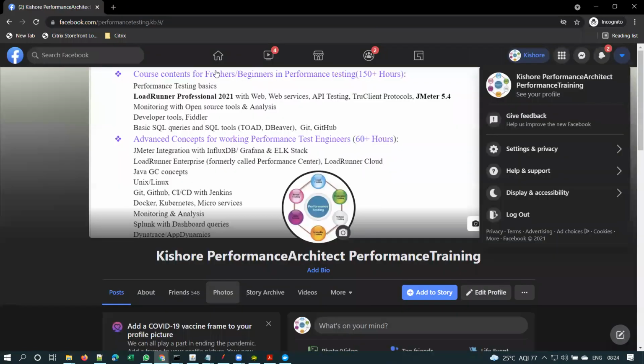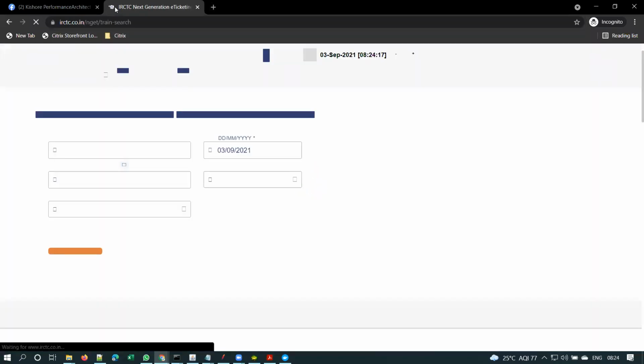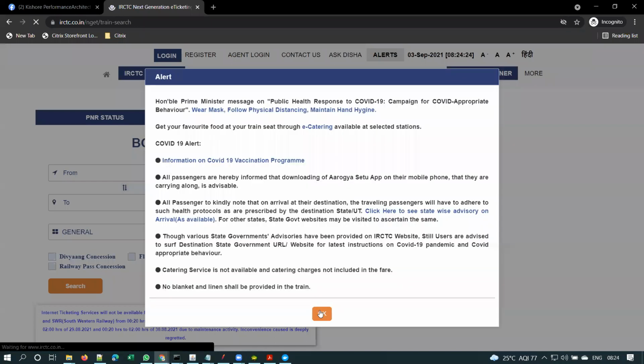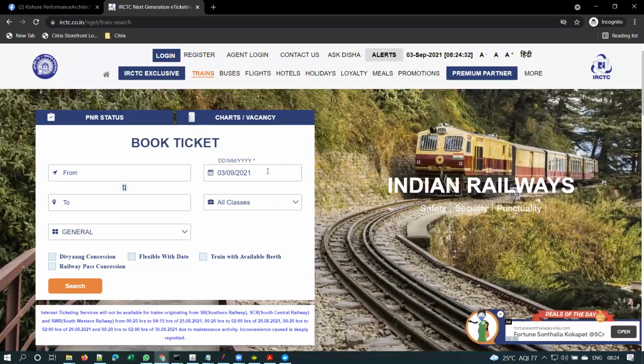Okay. So I will take the irctc.co.in example. Previously, around 4 or 5 years back, whenever we booked a ticket, we didn't know whether that ticket would be confirmed or not, isn't it? Yes or no? Yes, sir.